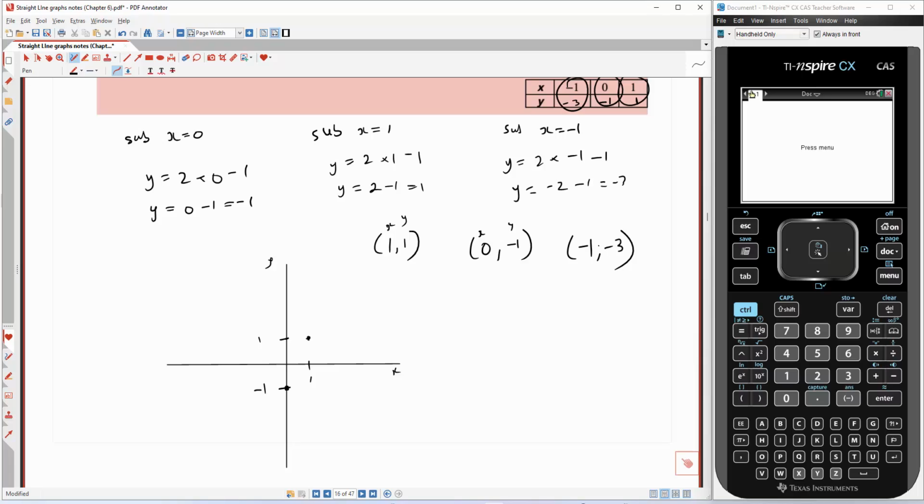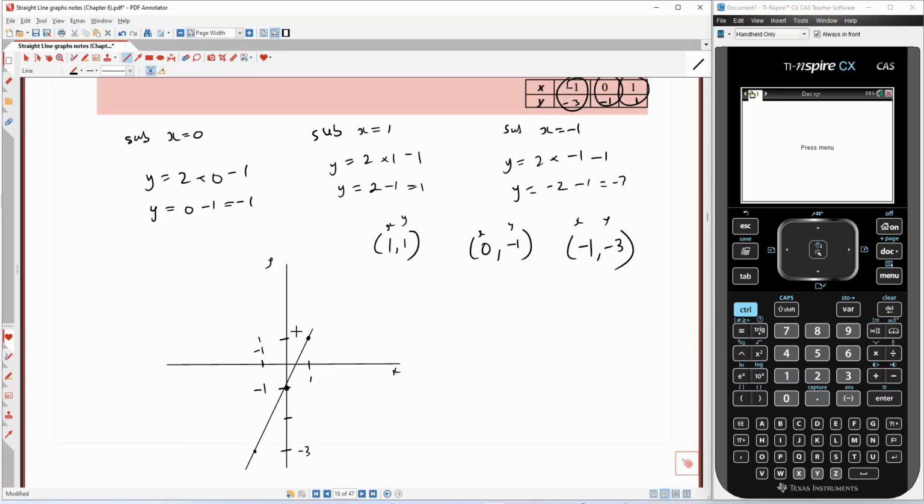And our third point will be this one here, x and y, when x is -1. So here's 1, here will be -1 for x and -3 for y. So again, let's just make sure the spacing is roughly correct. -1 is there and -3 is there. And if we've done this pretty correctly, what should happen is I can draw a line through